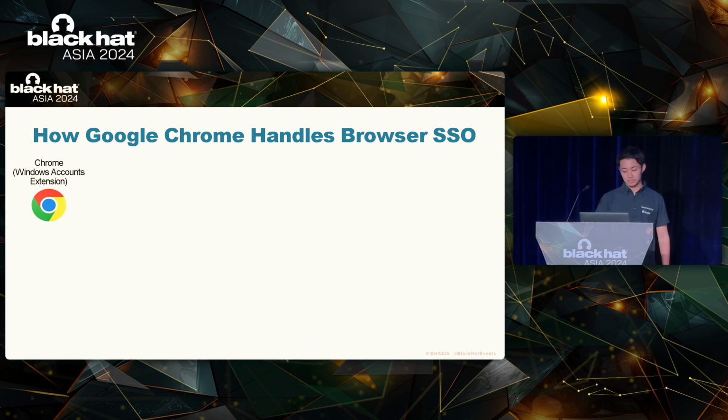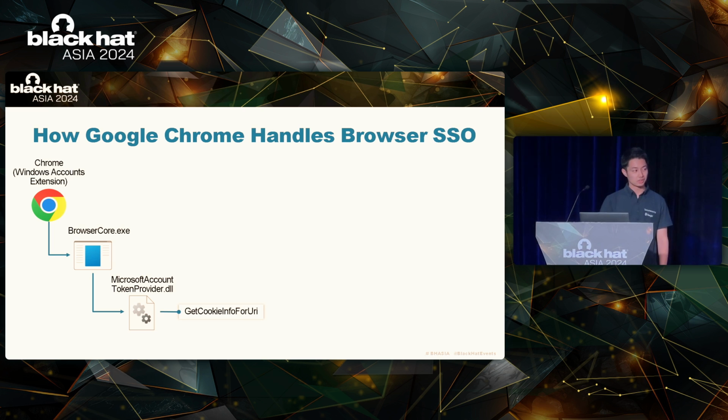When you open Google Chrome and access Microsoft with it, first Google Chrome spawns a new process called BrowserCore.exe, and then BrowserCore.exe loads a DLL called MicrosoftAccountTokenProvider.dll. And then BrowserCore.exe executes a method inside the DLL called GetCookieInfoForUri. And this method